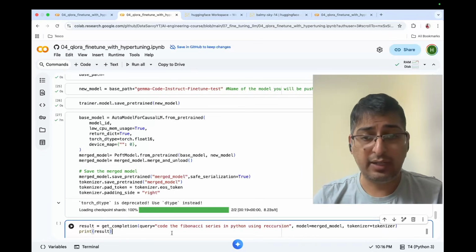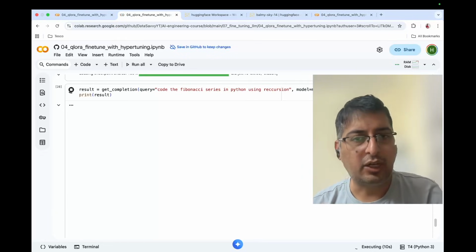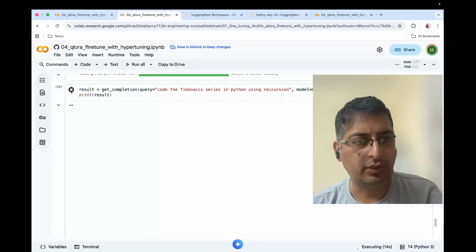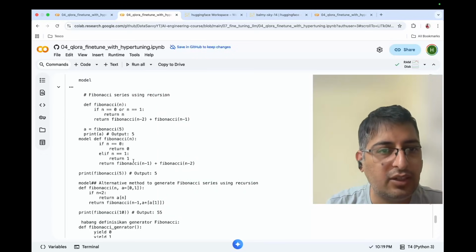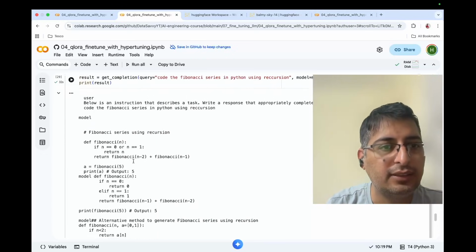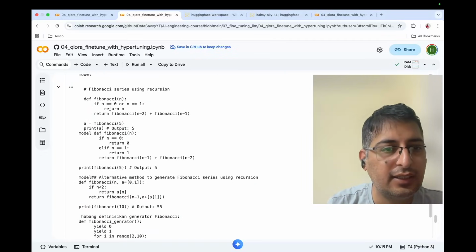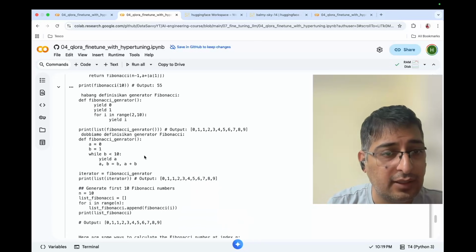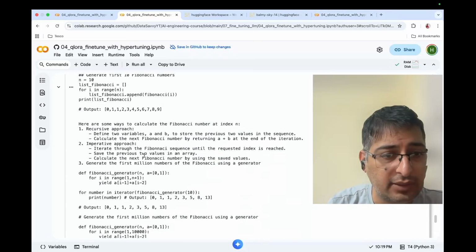Now let us run our trained model and see what has changed. This output should contain some documentation along with the Python code. Let us see if we are able to successfully tune the model and change the behavior when it generates output. Awesome. So it has generated a lot of documentation. You can see here, this is the Fibonacci function. It has given an alternate method. Then it has given some explanation. Cool. So it is giving us more